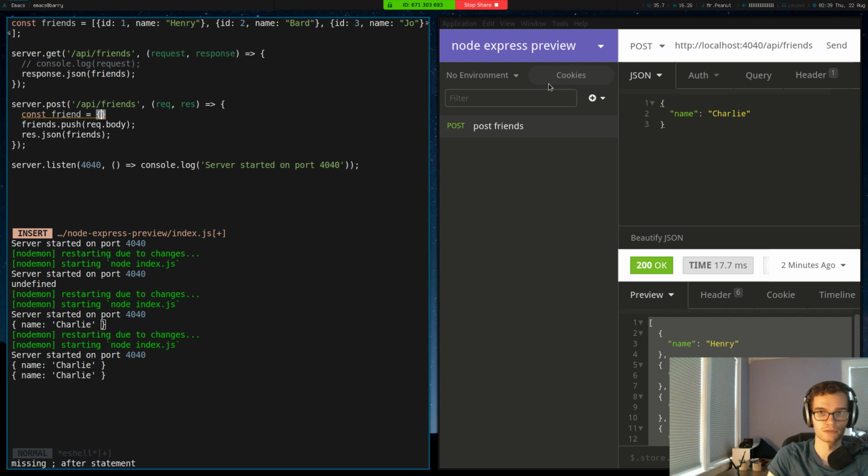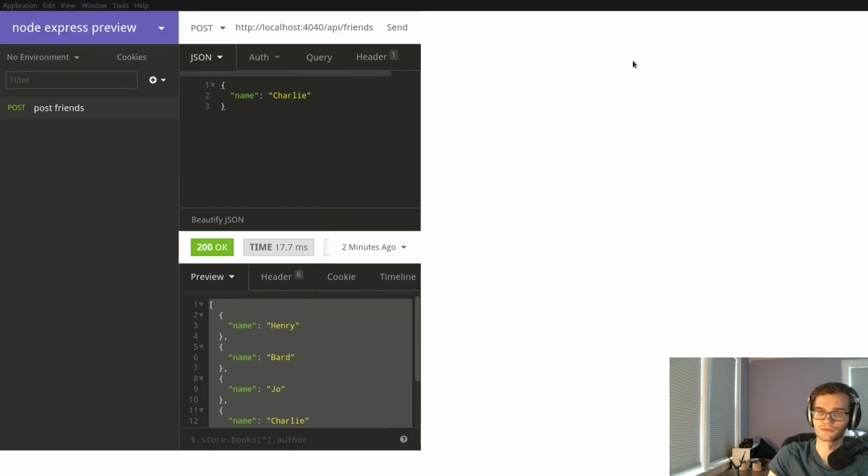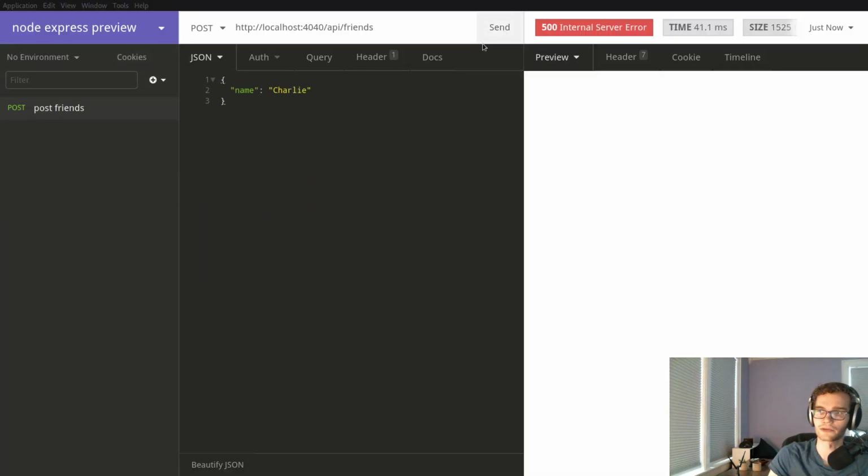Okay. While Amir's typing, I'm going to make this new friend object. So I'm going to spread the request.body, and I'm going to add an ID, and it's going to be my next ID incremented by 1. Normally this would be handled by a database. We're just kind of doing it for fakes here. So now when I send this request,